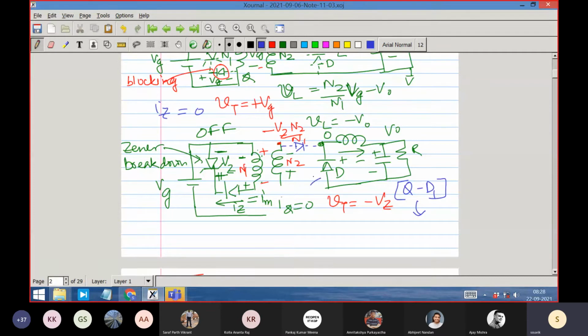This Dz is an extra component. This Vz is an extra component. They are required for volt second balance of the transformer. They are required solely for the volt second balance of the transformer, because there are 2 magnetic circuits. Every magnetic circuit you have to give volt second balance. Anywhere